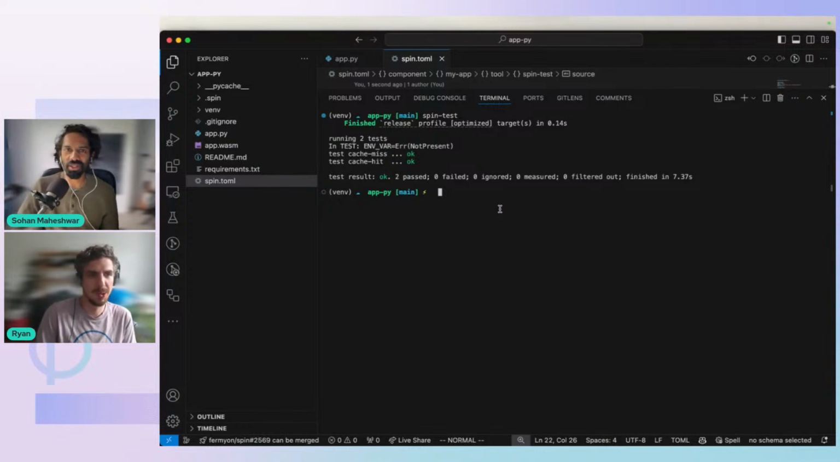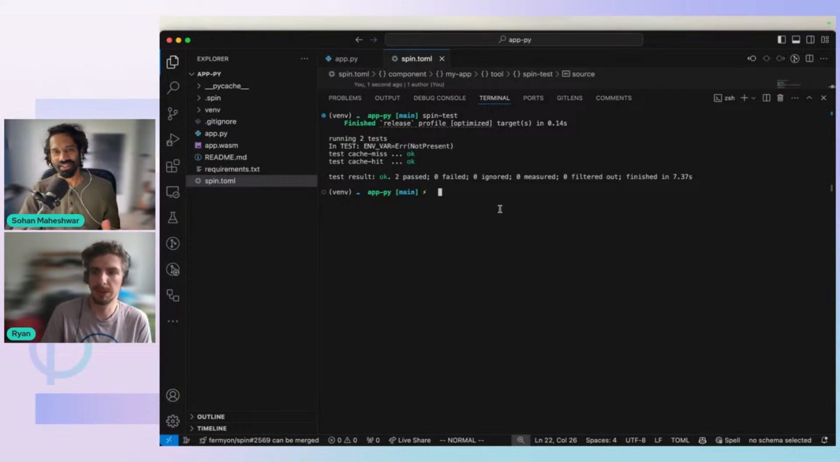So just as a bit of a recap, we're looking at testing WebAssembly apps, specifically the spin test plugin that Ryan has been working on. It's something very new. It's still very much in development, so you might encounter some sharp edges when actually working on it. It's on GitHub and it's completely open source. So feel free to